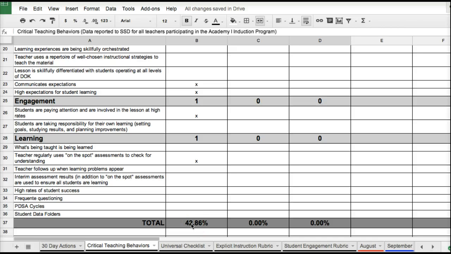Again, keep in mind, I might only be there for 10 minutes, and so I am fully aware that I may not see it and you are actually doing it. Again, don't worry about it. This is not an evaluation. I know that it seems like it is, but it's not. It's really just feedback to you about what's visible in the classroom.